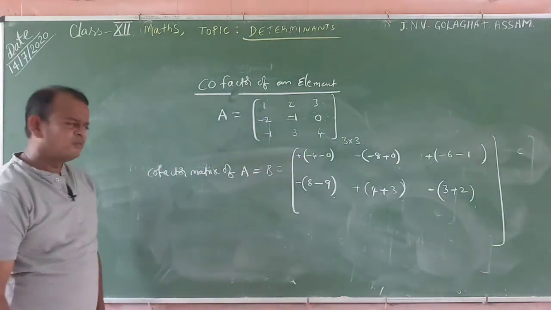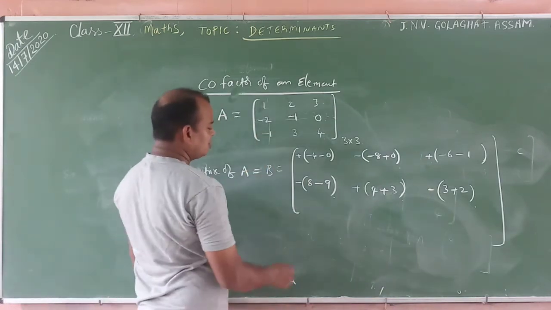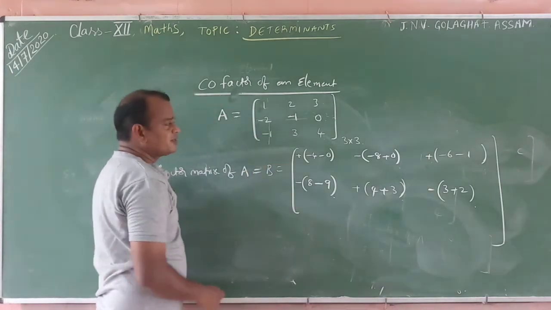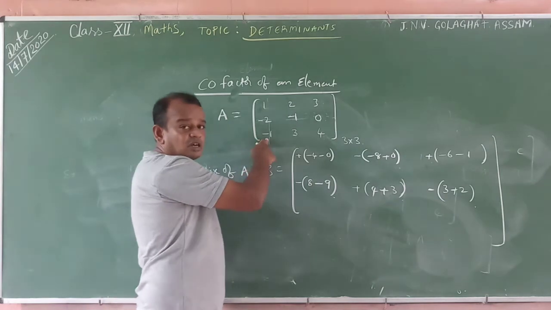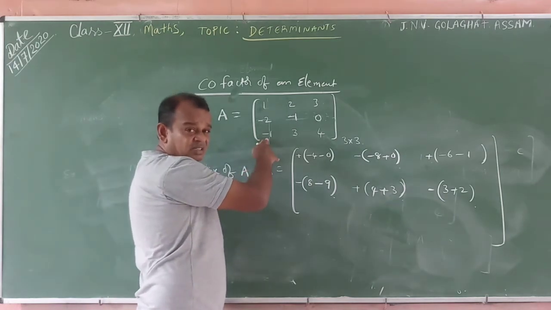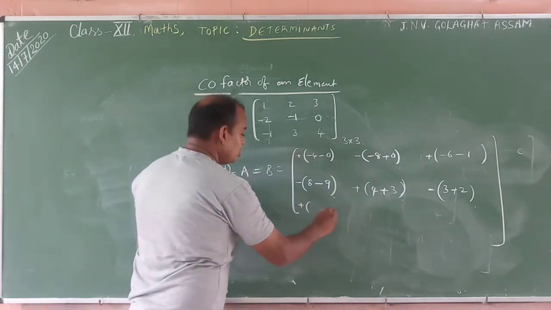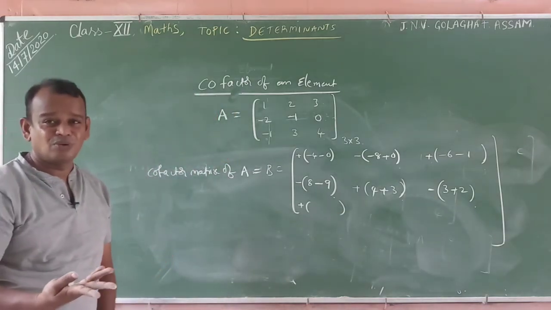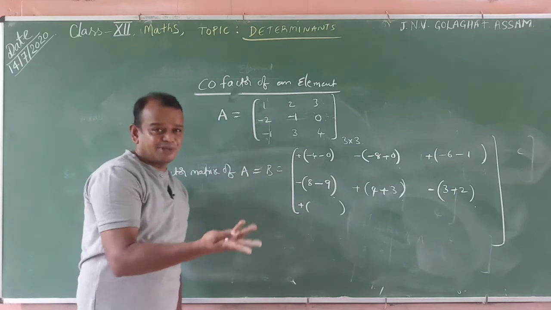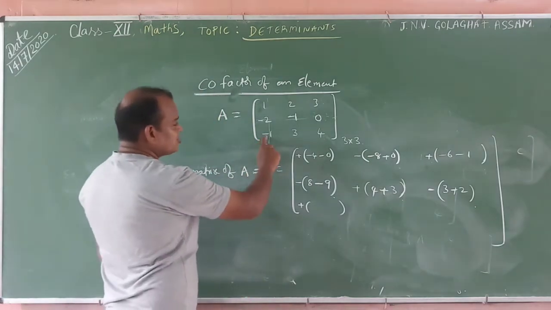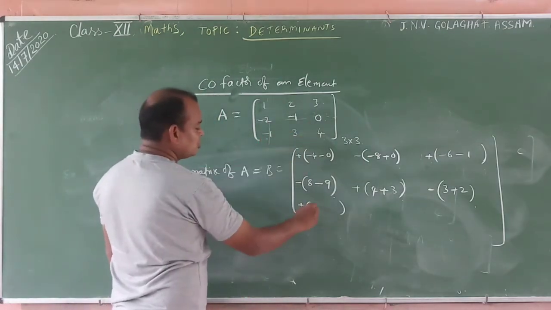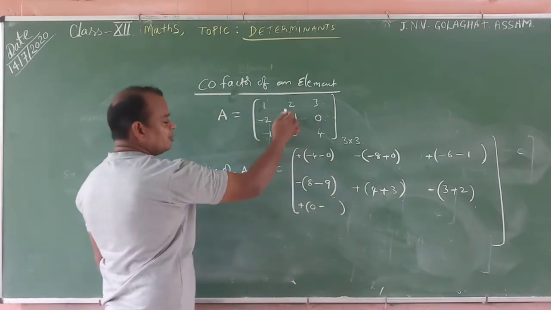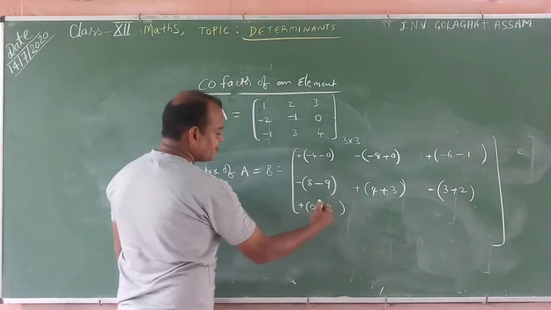Understand? The same way, next, what is the cofactor of minus 1? It is present in the third row, first column. Third row, first column is positive. The sign is positive. The total value, we know, is positive or negative after calculation of the minor. Okay. Now minus 1 means this one cancels. 2 into 0, 0. In the formula, minus 3 into minus 1, minus 3 means plus 3.